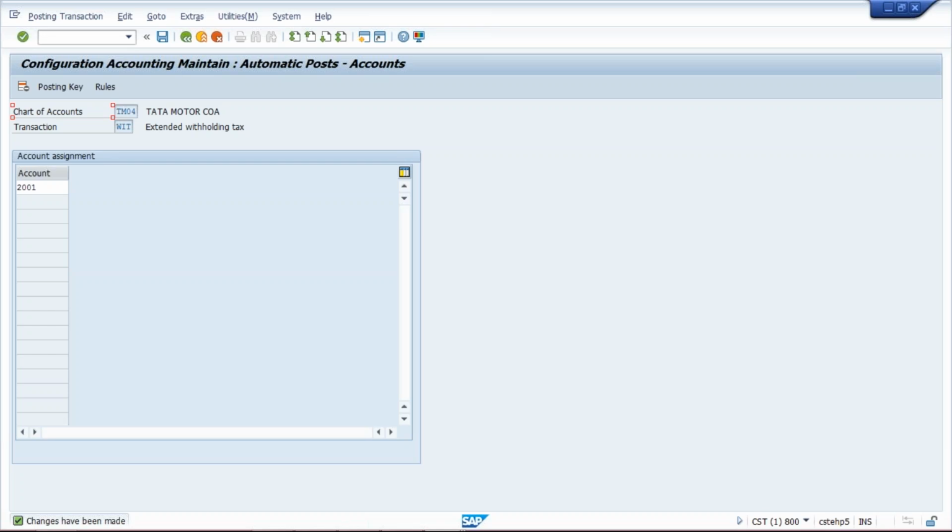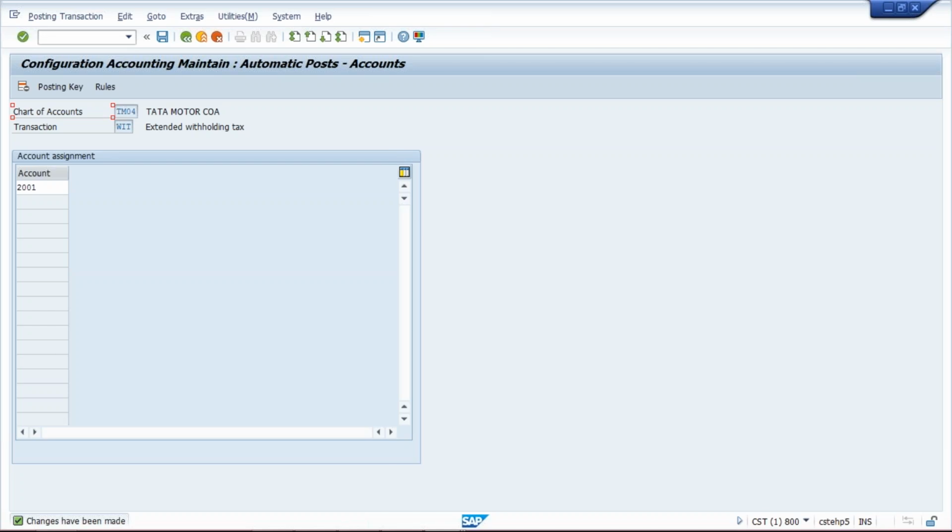Let's suppose we are using FB60. There you have to give vendor account manually, you have to give expense GL manually. It could be purchase or rent or whatever it is. Generally we give any service GL, like rent or audit fee or legal charges, whatever it is. This GL account and vendor account you have to give manually, but once you give them, the system is going to deduct the required TDS automatically.